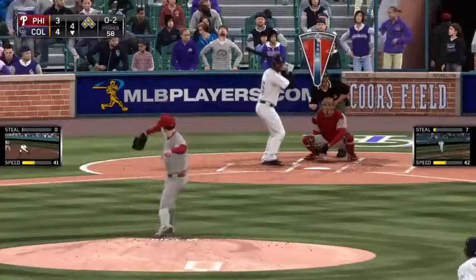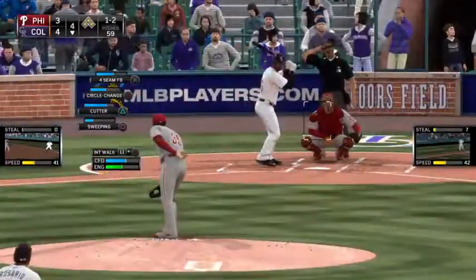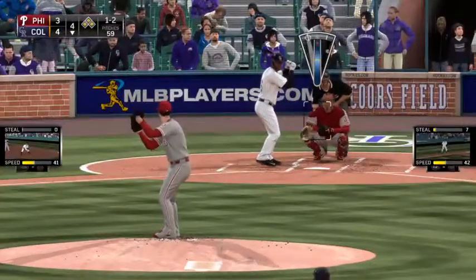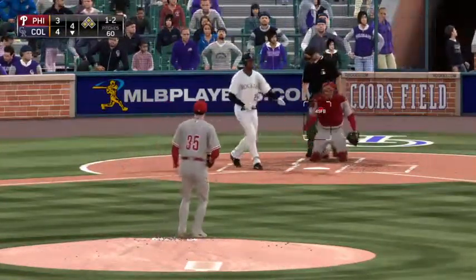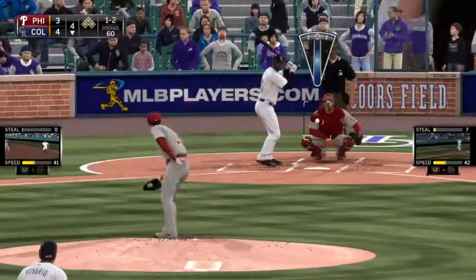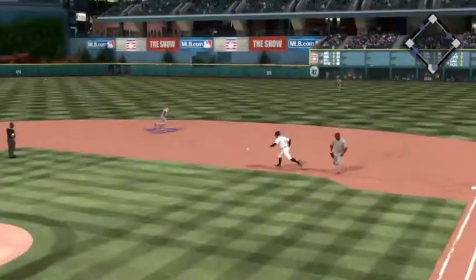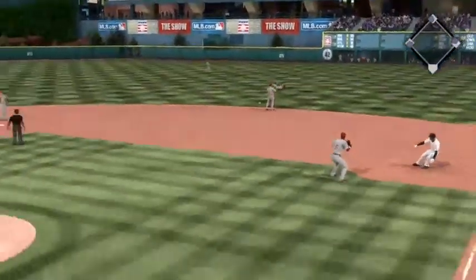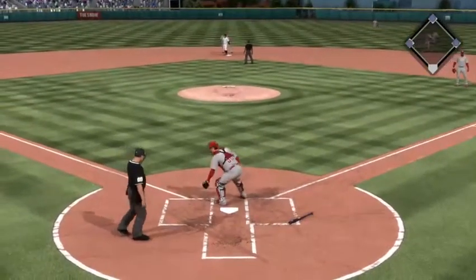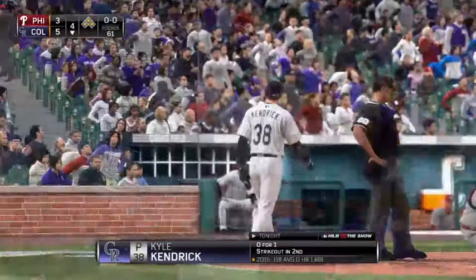Here comes another 0-2. The next 0-2 misses, and that'll move it to 1-2 now. And he didn't want that one to be in the strike zone. Even with the bases loaded, this is still a strikeout situation, remember. Needs a punch out here. Can he get it? Oh, hit sharply and through into right field. That's a base hit. And they won't push things here as they'll hold the second runner at third, so they're loaded now with still